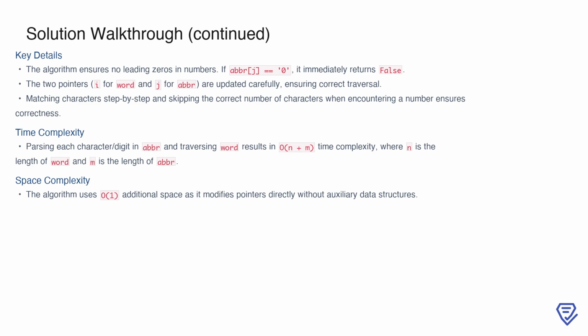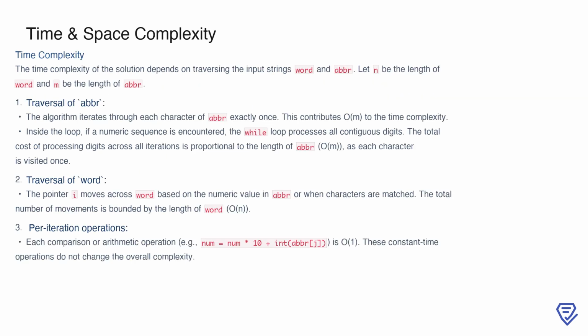data structures. To analyze the time complexity of the solution, we need to consider the traversal of both the abbreviation string ABBR and the word string word. First, the algorithm iterates through each character of ABBR exactly once. This contributes O(m), where m is the length of ABBR. If a numeric sequence is encountered, a while loop processes all contiguous digits. Importantly, the total cost of processing these digits across all iterations is still O(m), because each character is visited only